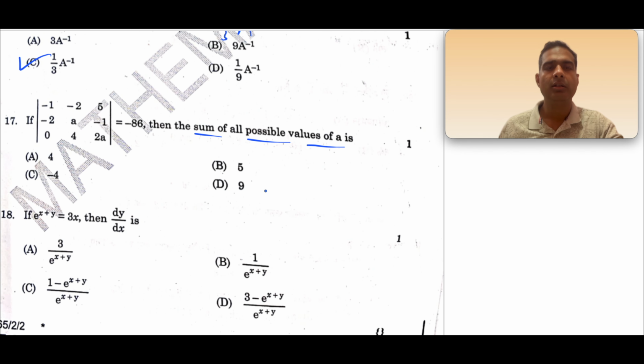Now question number 17, a 3 cross 3 matrix determinant is given and its value is given to be minus 86, then we have to find out the sum of all possible values of A. So if we open the determinant along the first row, it will be minus 1, and leaving the first row and the first column, we will be getting a 2 cross 2 matrix, that will be 2A square and it will be plus 4, and taking the second element 2, we will be leaving the second column and the first row, so leaving that we will be getting minus 4A